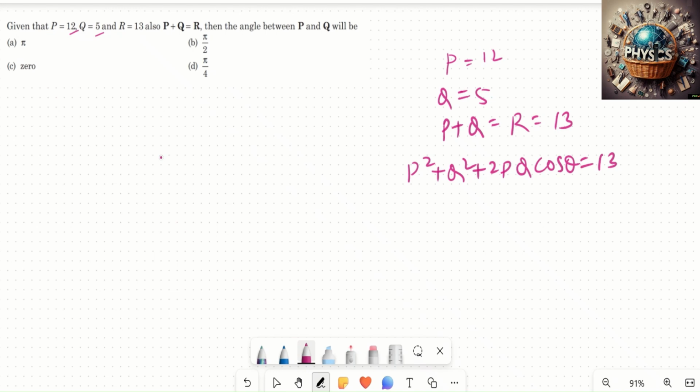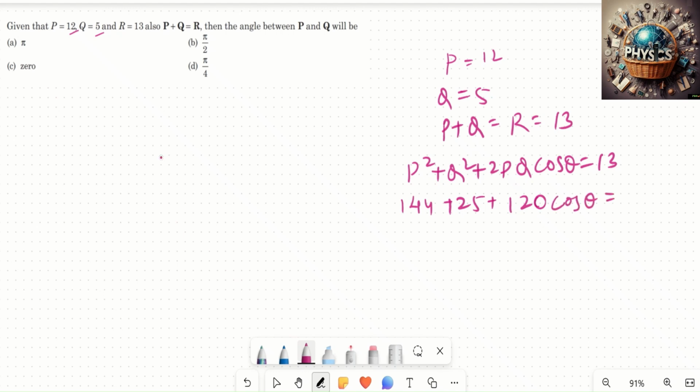So 144, as P is 12, plus 25, plus 12 into 5 into 2, 120 cos theta,